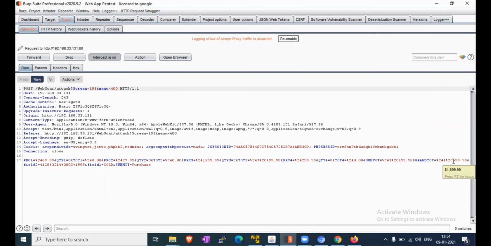So we are just entering the value: press F2 to focus, and enter the grand total as 0.00. Then forward this request and turn intercept off.